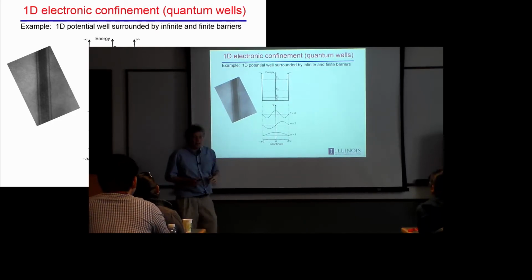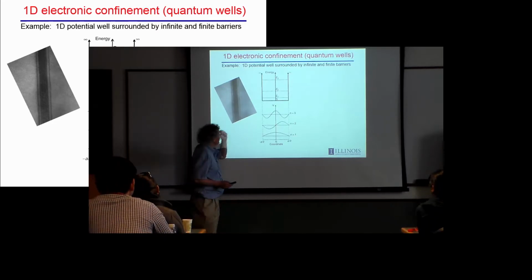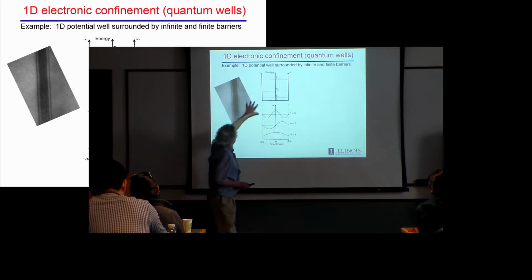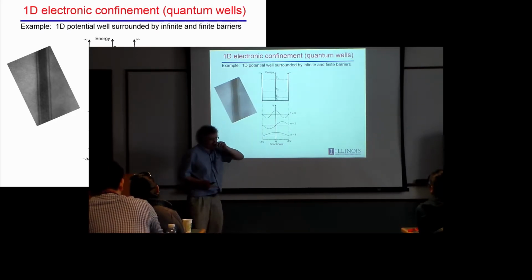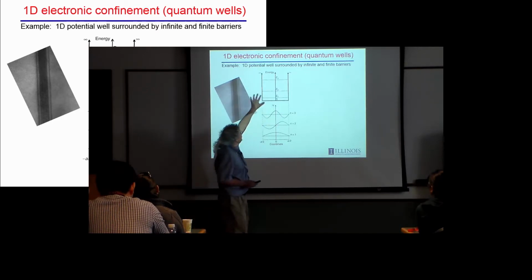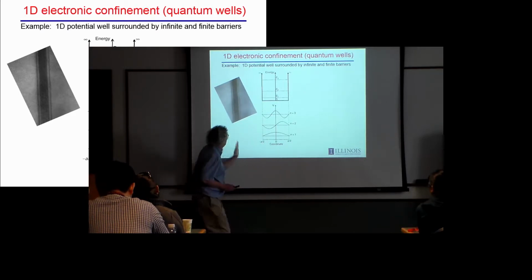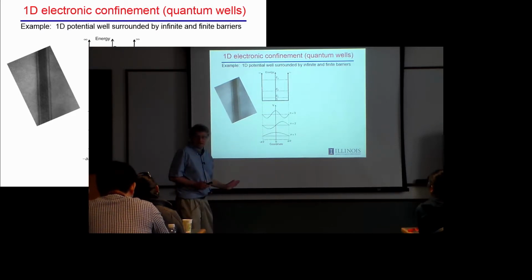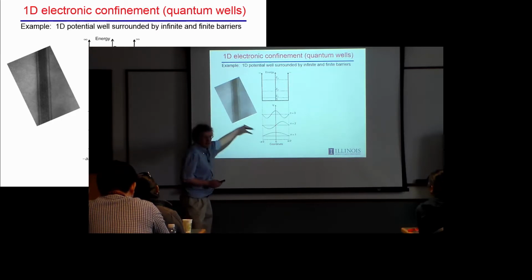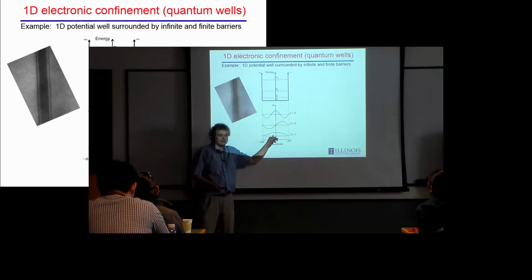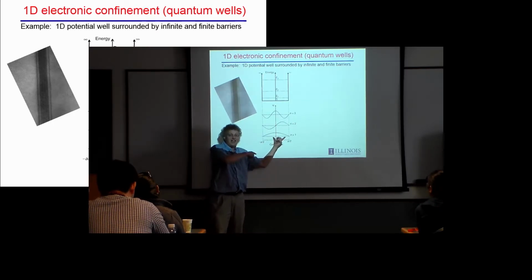So we can draw that with a potential energy. In one material, we have certain energy levels, and then on the other two sides, let's say that those energy levels are infinite. So we have basically barriers. So we're confining the electron only to be within this material. Now, in the other two dimensions, it's infinite. It's just in this dimension that is being confined. Now, if we make this confinement on the length scale of the electron, what's going to happen? Well, basically, we can ask ourselves, how many electron wavelengths can fit inside of this